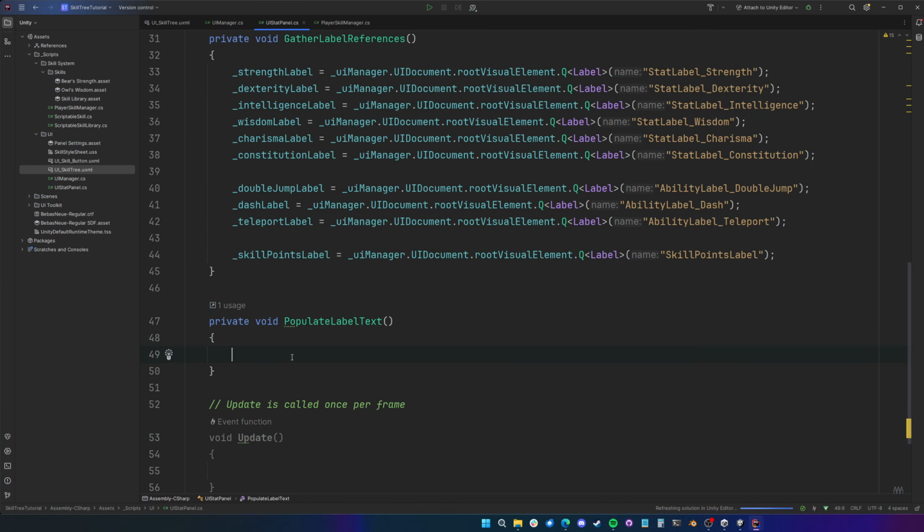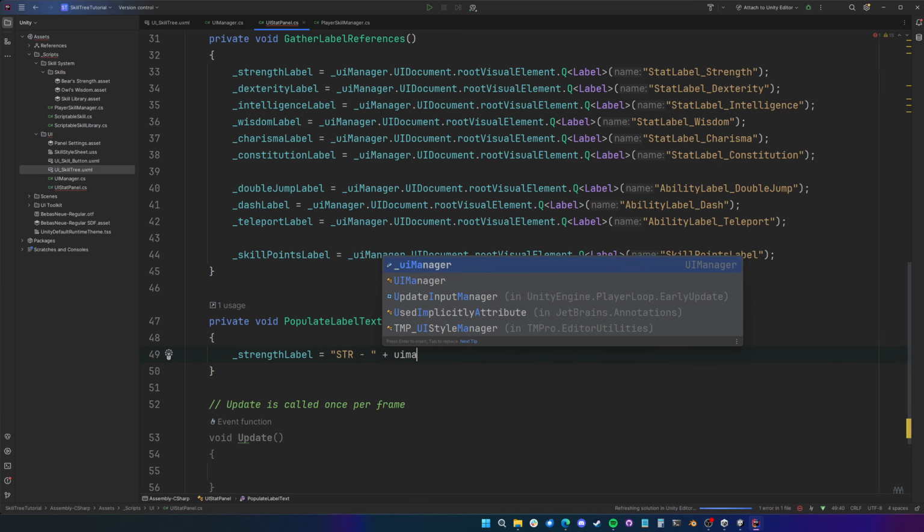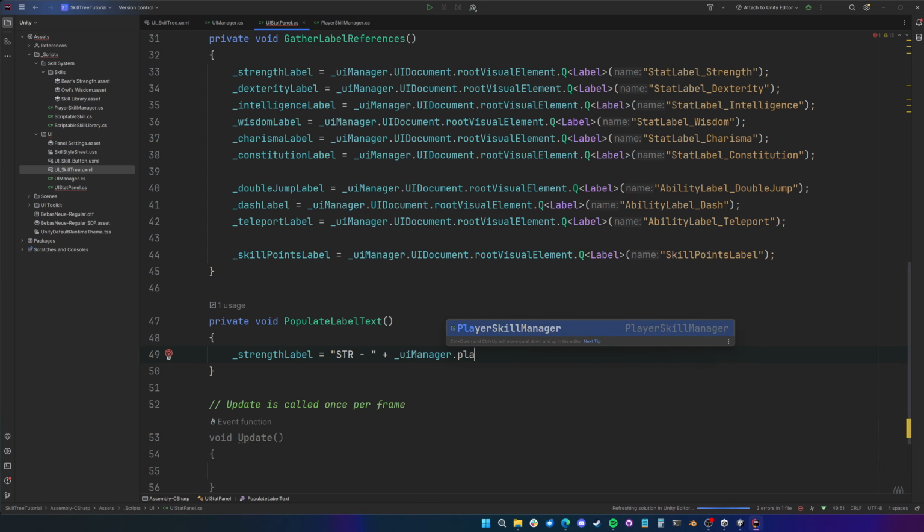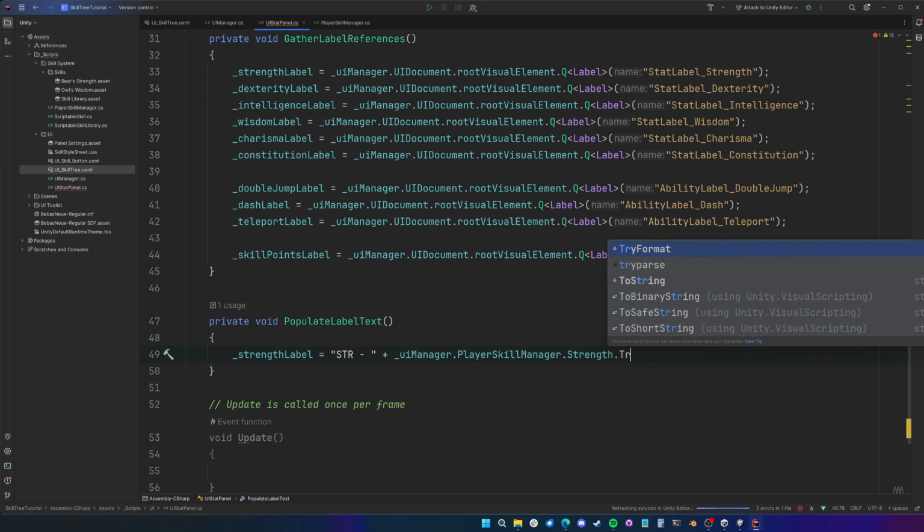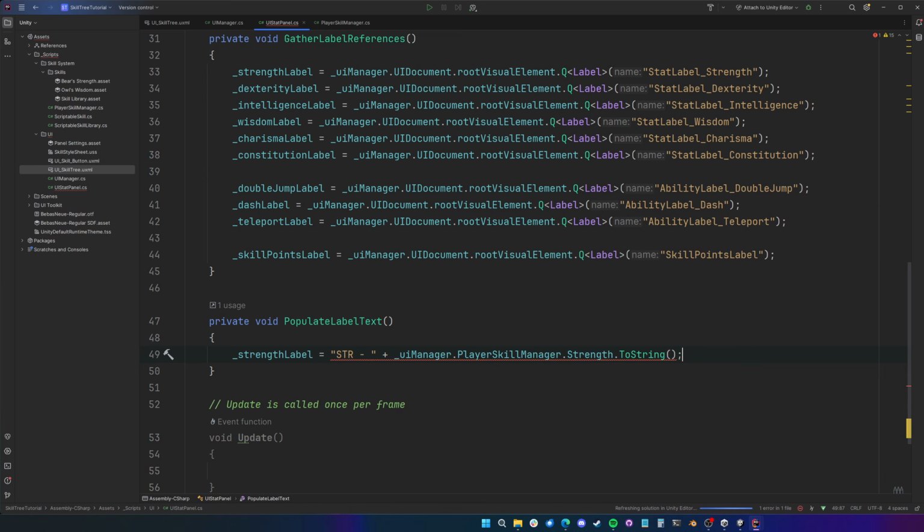our UI stat panel, we can say strength label is equal to "STR: " plus UI manager dot player skill manager dot strength to string. And sorry, that should be strength label dot text is equal to this string. So we've got strength and then our strength score. And again, we have to do that for all of our other